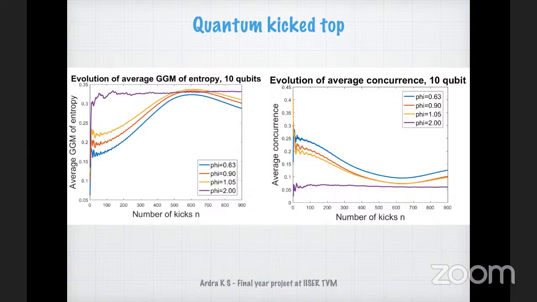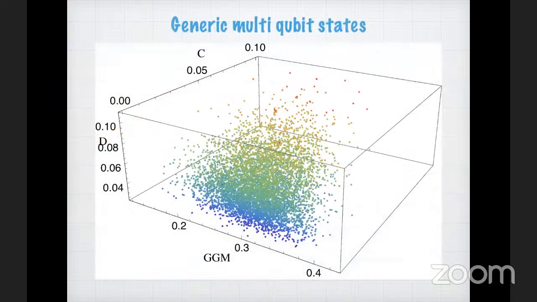So we see that as in the purple graph line for the chaotic case, the GGM goes up right away, and the entire entanglement as quantified by concurrence drops immediately to a very low value. Right. So inspired by that, we thought, okay, can we find such an interesting relationship between the GGM of a